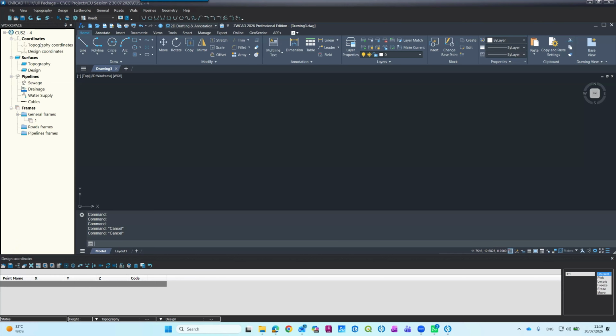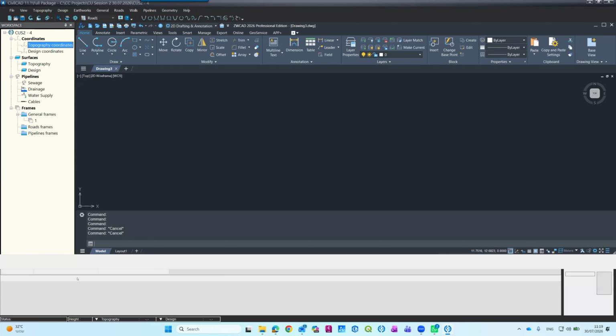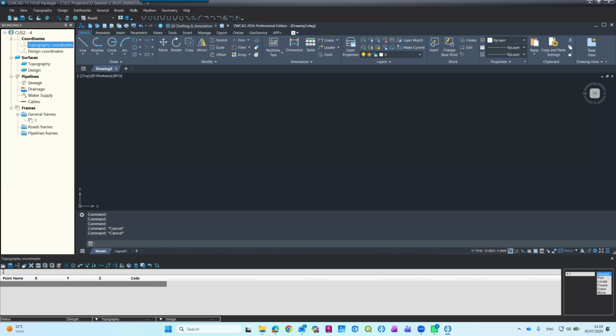Let's go back to the topography coordinates list. And this is an editor. It's very similar to a text editor. Those of you who don't know it, when I want to type coordinates, I do it in the top line. There is a line here, the editing line. And this is the list. So for example, point number 1,